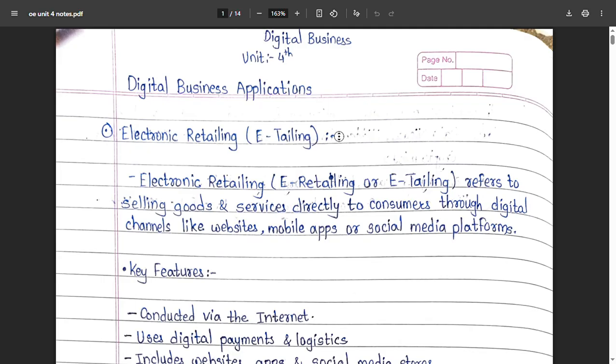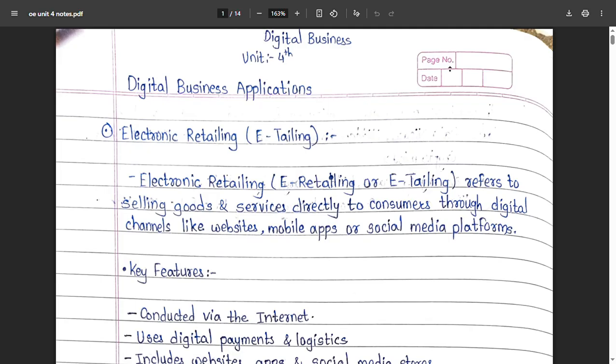Easy definition, easy importance, because the customer can shop anytime, anywhere, without visiting physical stores. Businesses reach a larger audience with a lower cost. So how does it work?